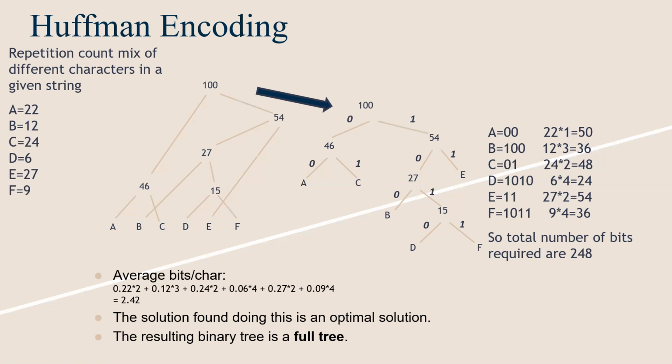So like this we can encode any message, any input string where we have given the repetition count or percentage mix of different characters, and for that we can create a Huffman tree, and by using a Huffman tree we can encode the characters by traversing the tree and putting 0 on the left and 1 on the right side, and we can create the different codes for each and every character from the input string, and like this we can create an efficient encoding technique that is called Huffman encoding.